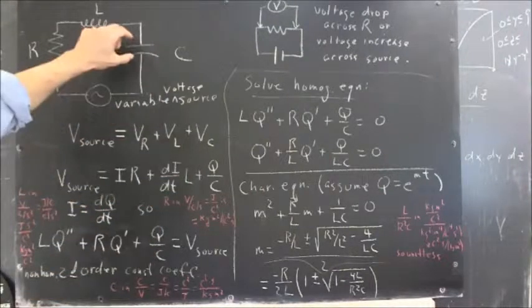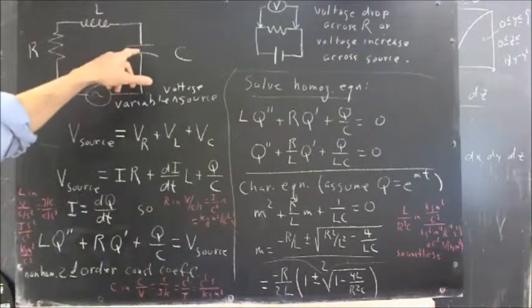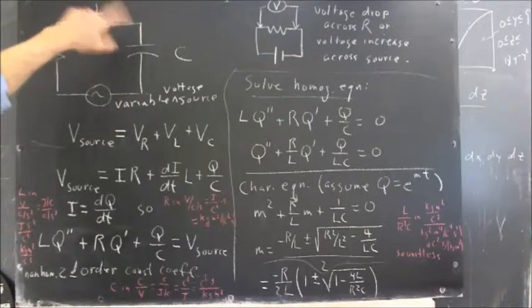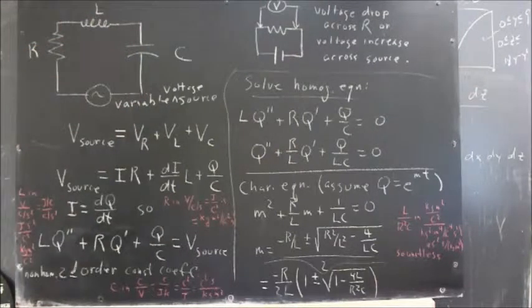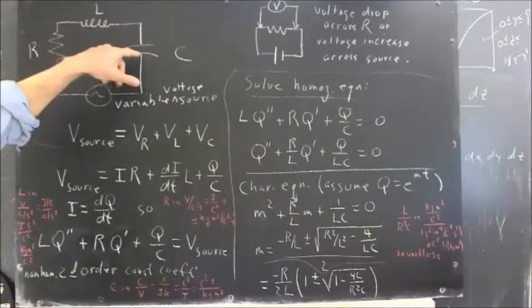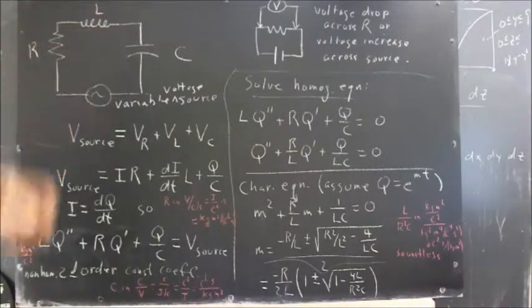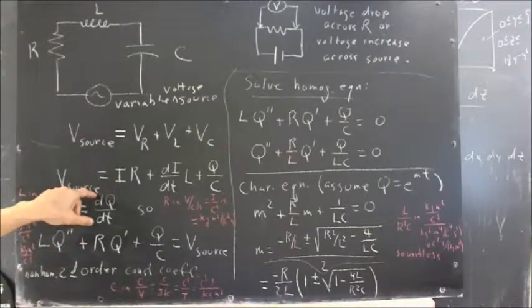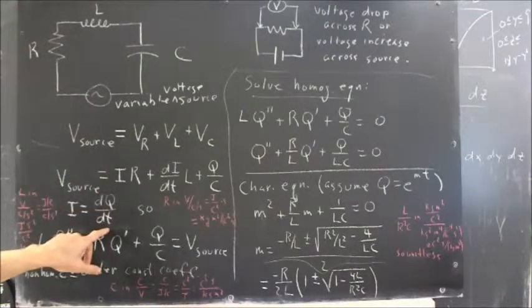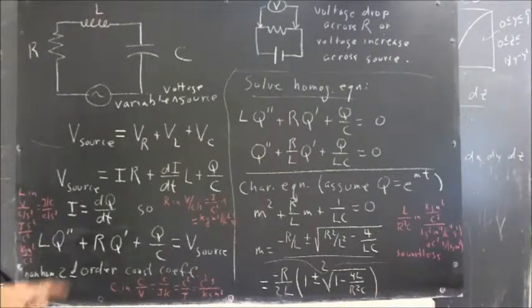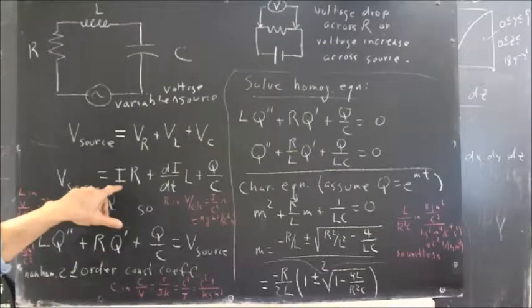Well, the capacitor, you're basically moving charge from one plate to the other, one direction or the other, so that the current is the amount of charge that's being moved per unit of time. Current then is the derivative of the charge in the capacitor with respect to time, so that current is